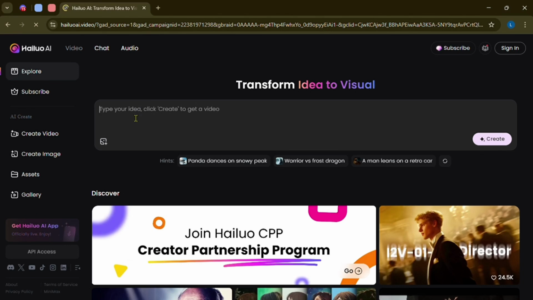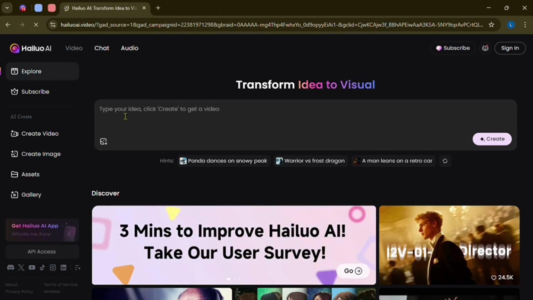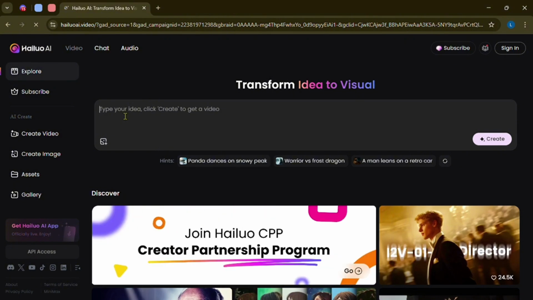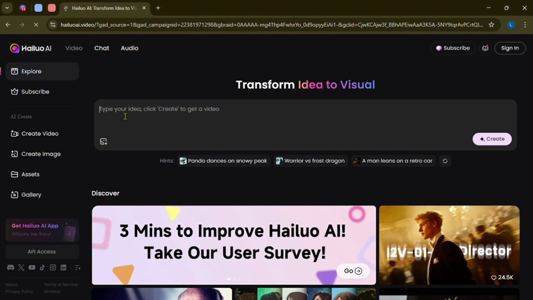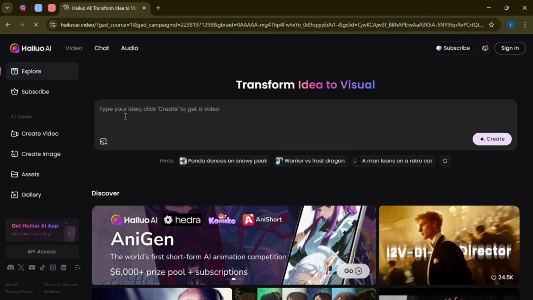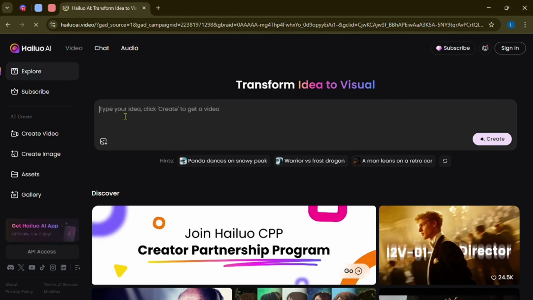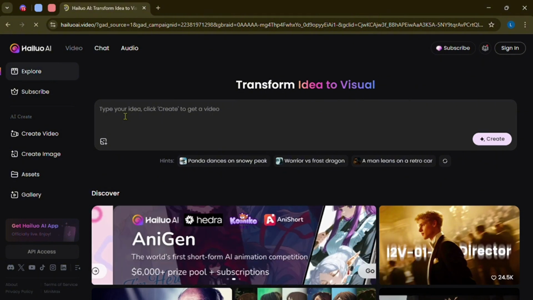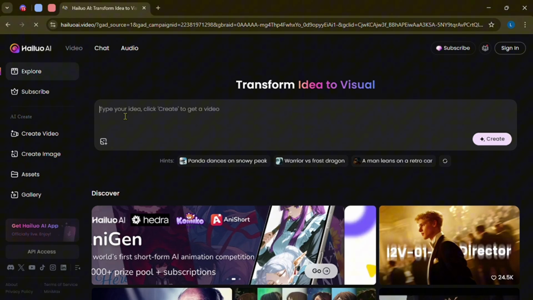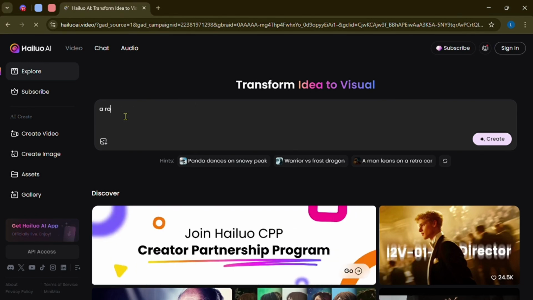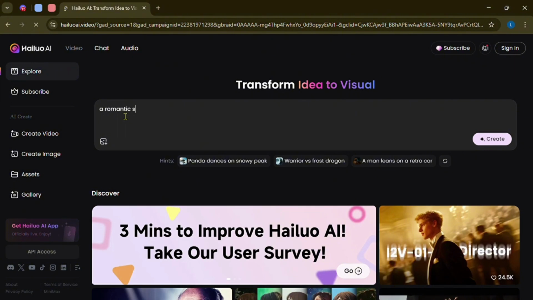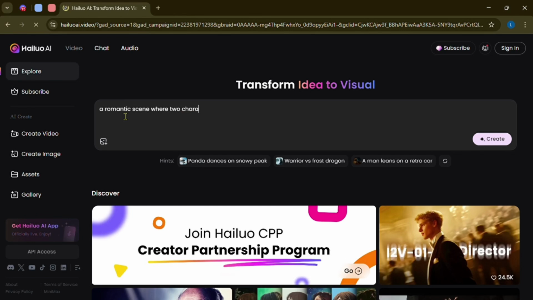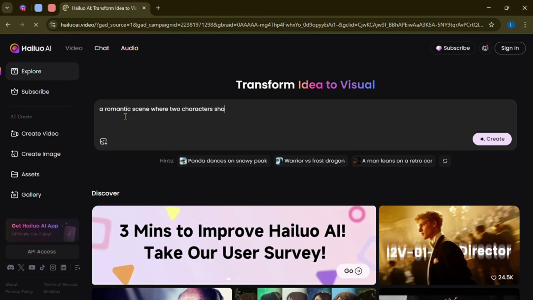So, right here, you should type your idea or your creation or imagination of how you want characters to act with each other. You need to be as detailed as possible, and also detailed with the outcome, so it should be more specific. So let's see, like a romantic scene where two characters share